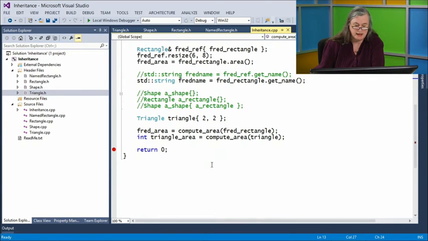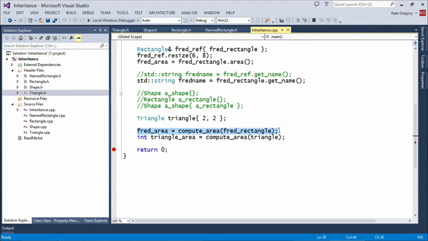And that's exactly what's happening down here. I have a triangle, which is 2 by 2. And good old Fred is still kicking around. He's 6 by 8. And I've got this line of code that's going to call compute area and pass in Fred rectangle. And this line of code that's going to call compute area and pass in triangle. Because it's a shape reference, and because a triangle is a shape and a rectangle is a shape, the shape reference can bind to these derived classes and will use their versions of the code. So if we run down to here,